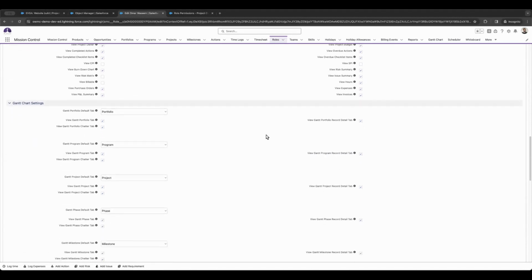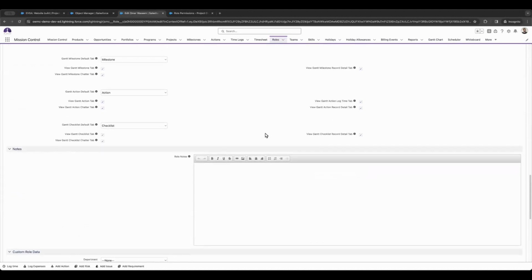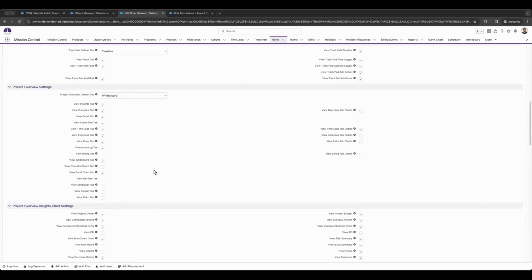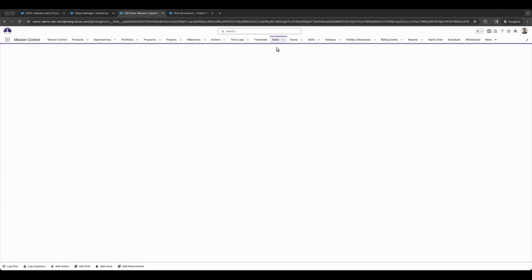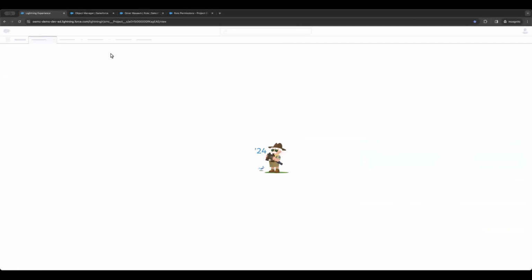Okay. I've got the Gantt chart setting, so that's not relevant here. Yeah, so it's really these two sections for the project overview page. So once I click save, it does now. So if I go ahead and refresh my page now,